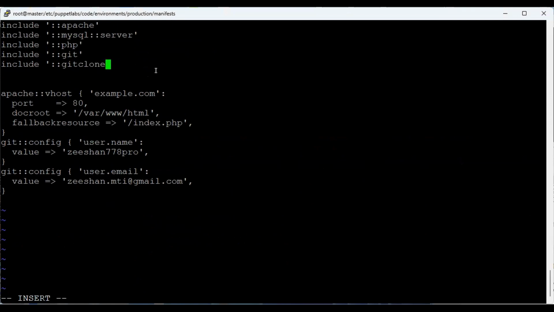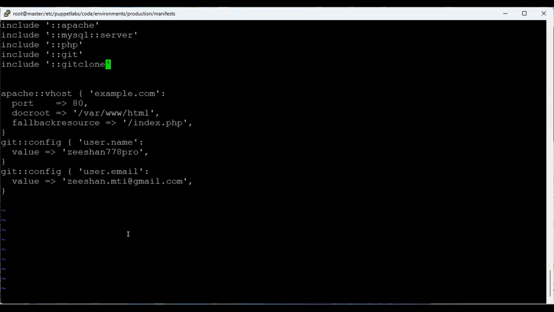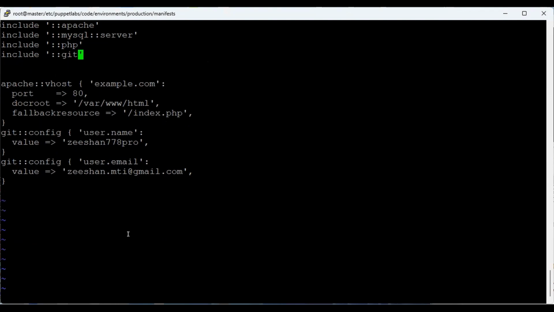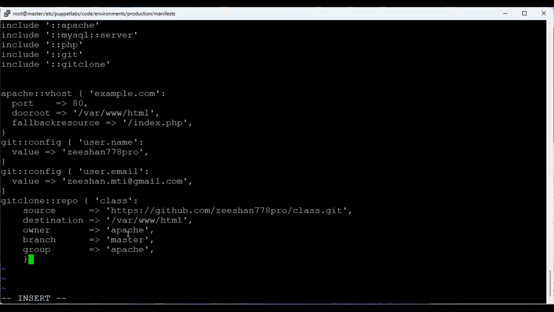So I have added another module, and I can tell it to load git clone, and I can say shift A. Okay, I am using a module git clone, and I am cloning a repository, and the repository is, we know,